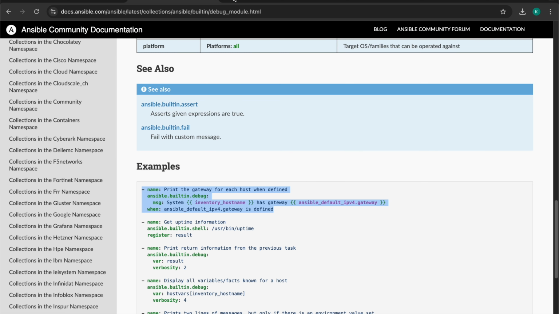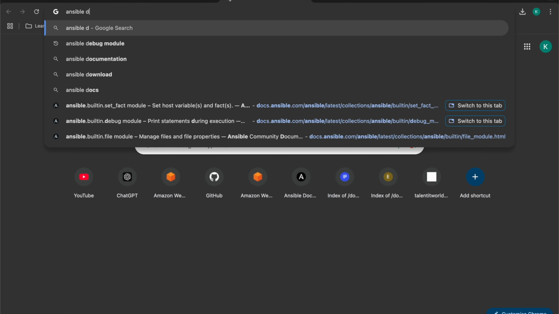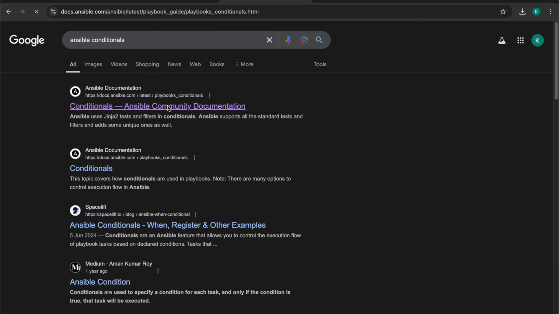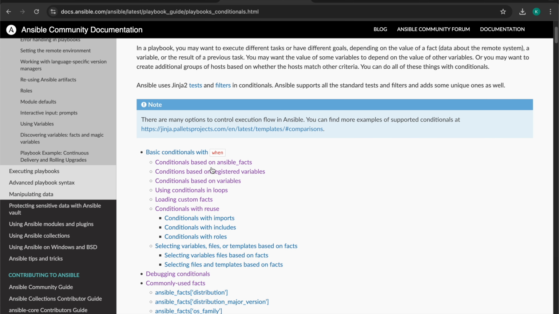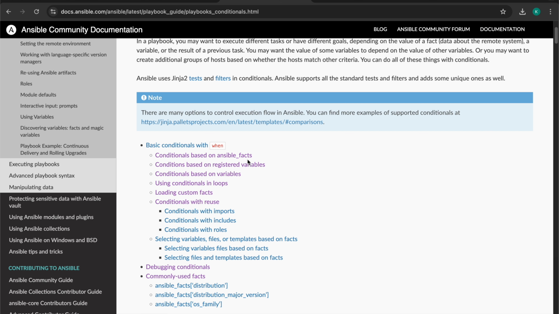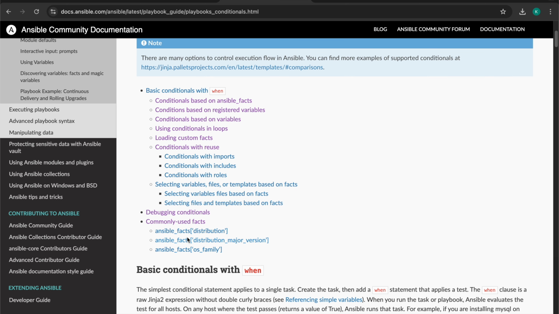So let's take a look at the documentation first. Ansible conditionals. Open the very first documentation. You will see different types of conditionals like conditionals on Ansible facts. This we will discuss later, and on registered variables, on loops. So this we will understand when we discuss Ansible loops, and facts we are doing currently. In Ansible facts, there are some inbuilt facts that get automatically assigned based on the target machine, like operating system, IP address,